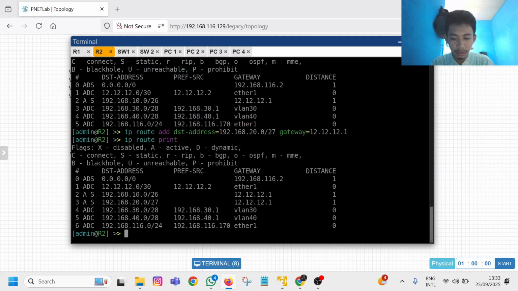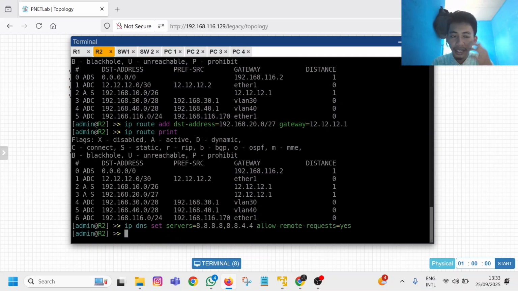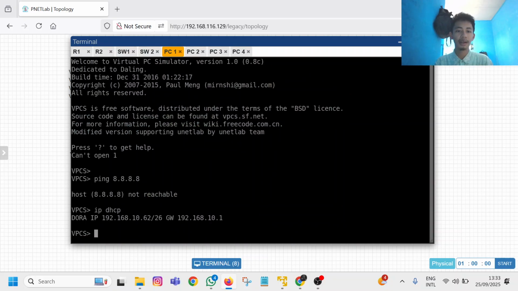IP DNS set server 8.8.4.4. Allow yes. And now go back to PC 1 and whichever PC 1 you want.